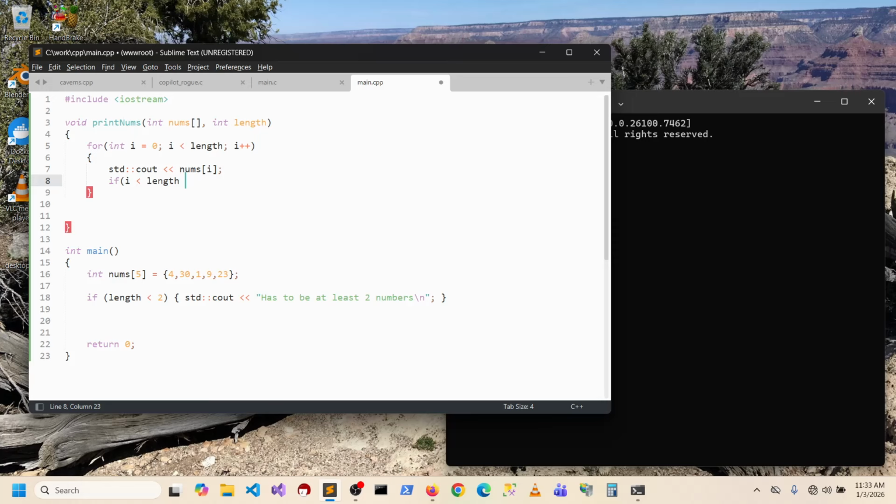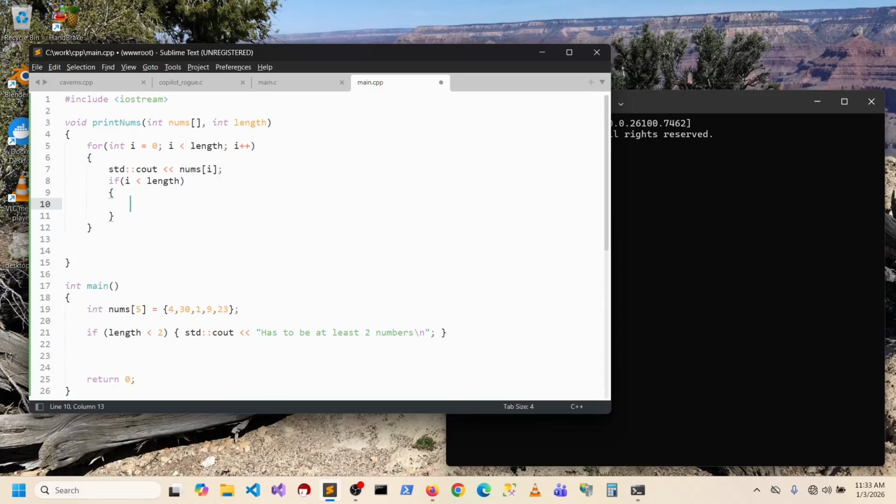So minus 2? But what if there's only two numbers? It's one of those things where I hate thinking about it. Okay, let's just do this and see how it looks. When in doubt, run it. Okay, if length, less than length, then